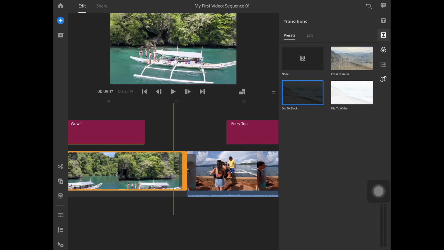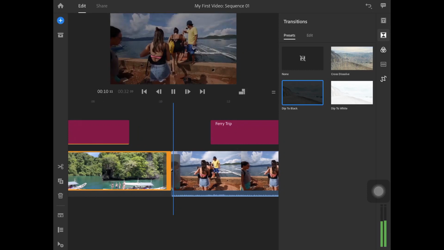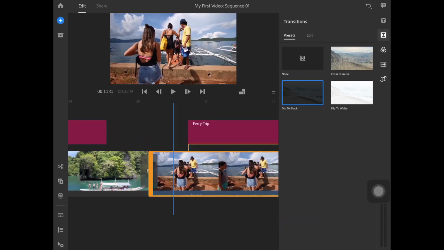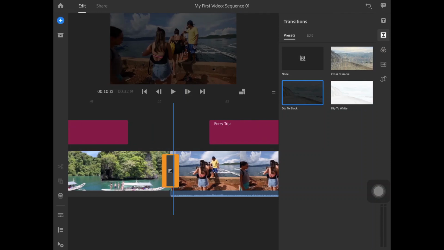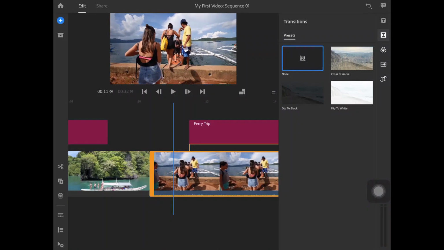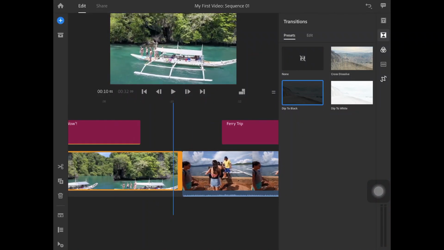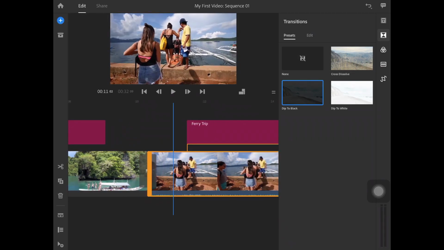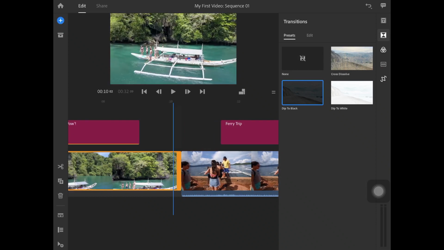Okay, I just clicked it between the second and third clip, and it has automatically been added. What happens with dip to black is, see, suddenly the video goes to black, and then the following video is introduced. Let's see how it looks without this. Without this is how it would look. There is an abrupt introduction which looks odd, but if I use, say, dip to black, now see, that's pretty good. Or maybe I can delete this and still stick with cross dissolve. Let's see how that looks.